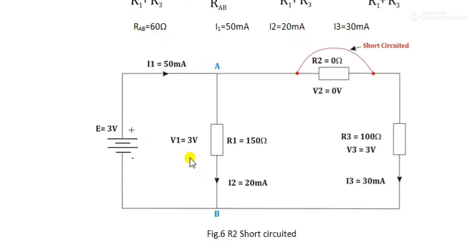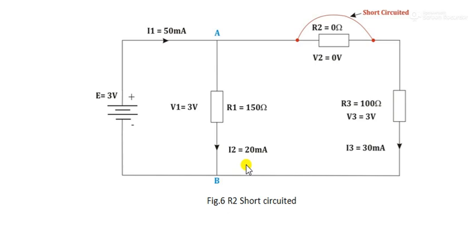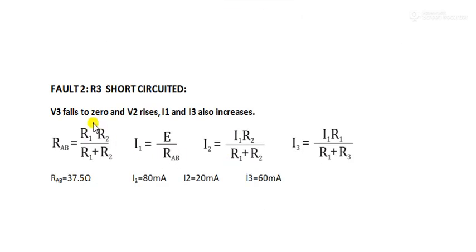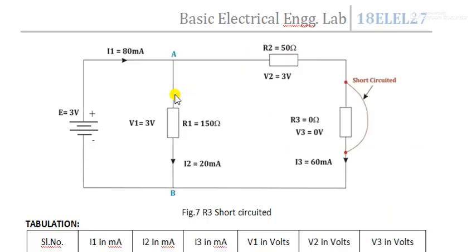Now here the short circuit fault is R2 is short circuit. R2 short circuit means you have to connect one wire across this, right? So if you connect one wire across this resistance, then what happens? It will be shorted. So then the values from the previous standard form of the circuit will change. Now this is one fault, and the next fault is what? Fault 2, that is R3 short circuited. R3 short circuited means the second resistance R3 will be short circuited. So instead of resistance it will be a short circuit. Then you will get different values for all the parameters, right?